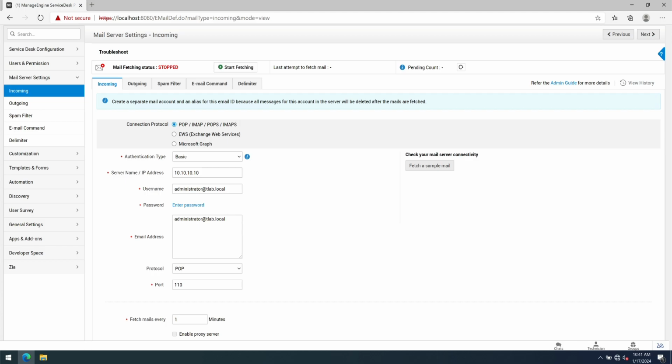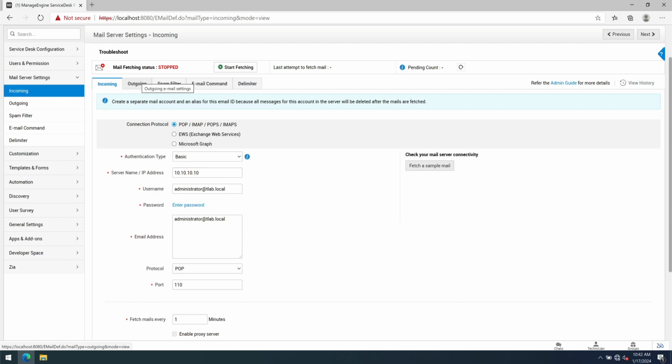Just to recap, in the previous video we copied our receive connector from Exchange 2013 to Exchange 2019. So in this example, I wanted to just demonstrate with a dummy application. The application is Manage Engine Service Desk, where you have incoming and outgoing settings that you need to configure for mail. And I thought it would be a good opportunity to just show you that this is one of the areas that you need to update. As I mentioned, there could be CRM applications, there could be Linux servers that require updating, mail apps on Linux